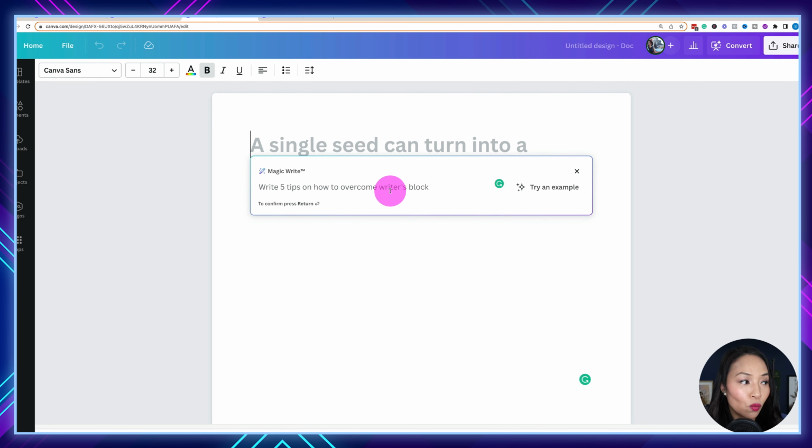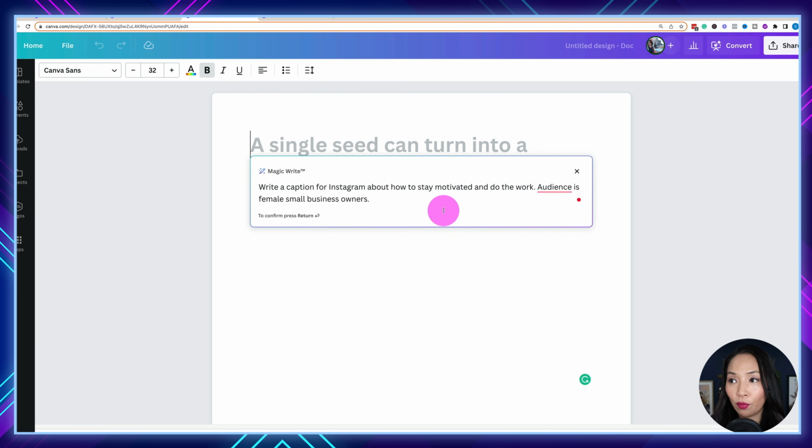Here's where you want to enter in the text, a description of the text that you want generated. To get the best results, you want to include as much detail as possible. And if you want Canva to generate specific keywords for you in your content, you need to specify it in that sentence as well. So here's a prompt to write an Instagram caption, some short form content.